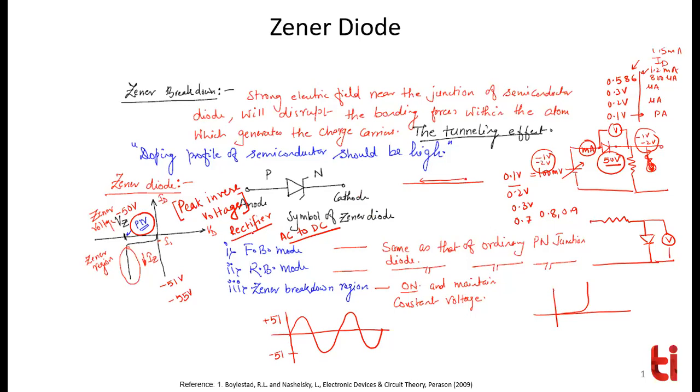And since you wanted to get a rectifying kind of action from that circuit, what you exactly need? You need the diode should conduct a current in a particular direction from P to N, let's say, but it should not conduct from N to P. That is what you want whenever you are rectifying the things.